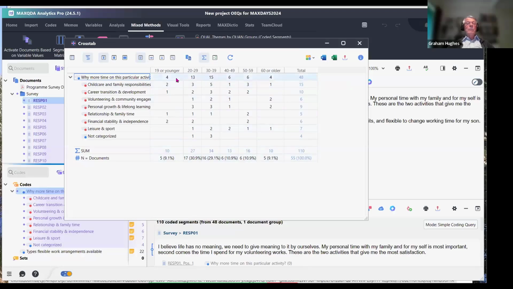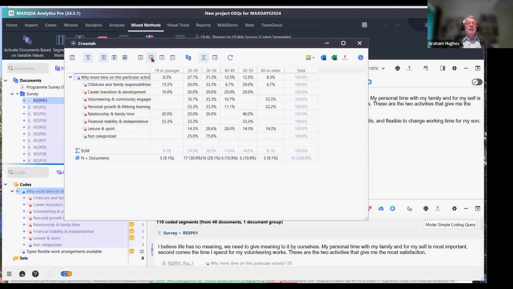But the trouble is, we've got different numbers of people responding to the question and different numbers of documents relating to it. So this is where I think if we use the row percentage statistics and check against the